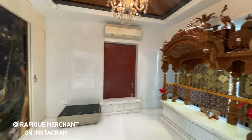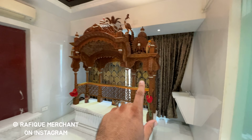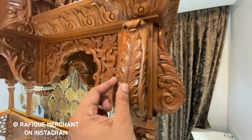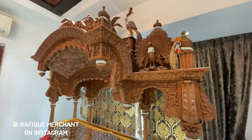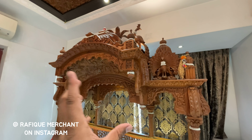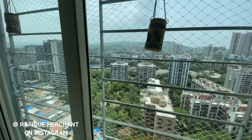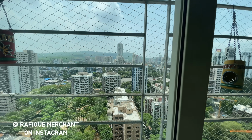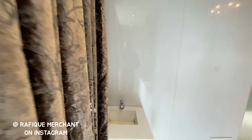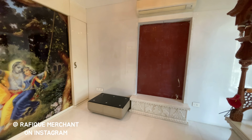Seek divine intervention. This is your glass painting here, and what they've done is everything here, the wooden material, has been assimilated into one bit by bit by the artisans, and they've got this made after a long due process. So everything gone into it. It was with a lot of love and affection. There you go. That's your lot of light and sunlight as well. So a lot of air coming in through. It's a top floor. You got a little wash basin here, but big, beautiful, gorgeous mandir space,